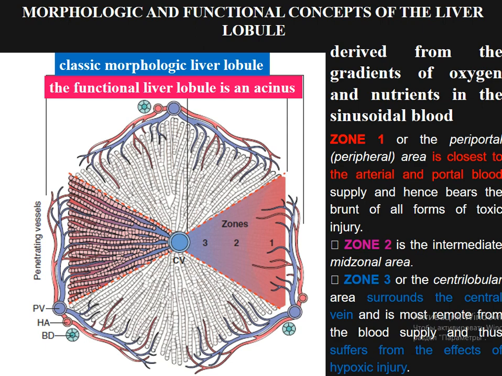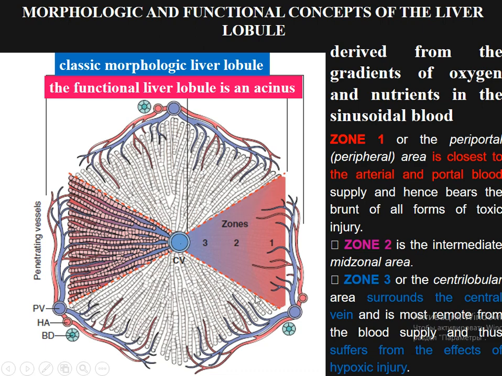However, in most descriptions on pathology of the liver, the term lobule is used in its classical form, first of all, polygonal form, and in this area we distinguish the functional liver lobule or acinus like a triangle,